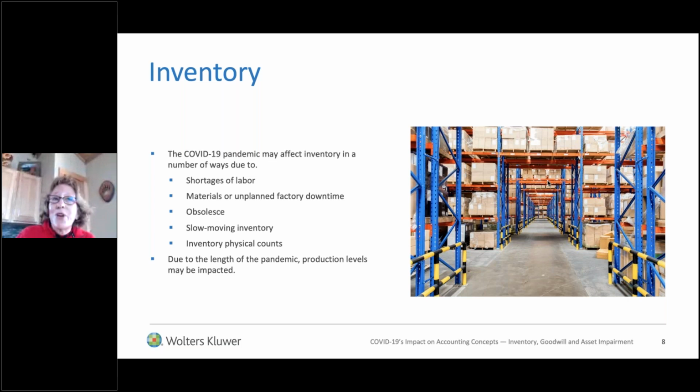Other things might be materials or unplanned factory downtime. With what's happened with COVID, we may have closed down certain facilities and then you open them back up and maybe something wasn't running correctly. And it was an unplanned issue and you had to take it down. Obsolescence is a huge issue on inventory. If you carry inventory, you probably have some element of obsolescence, but it might depend on what type of inventory